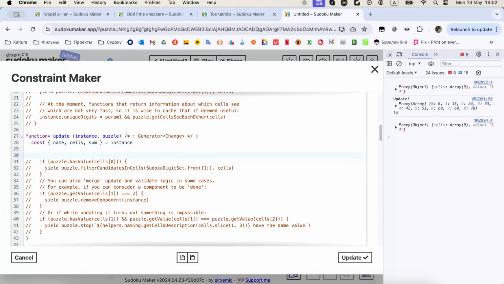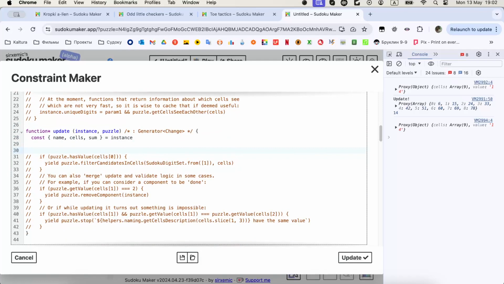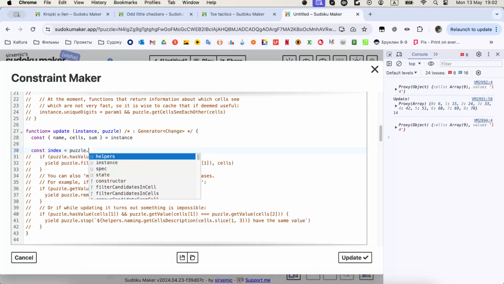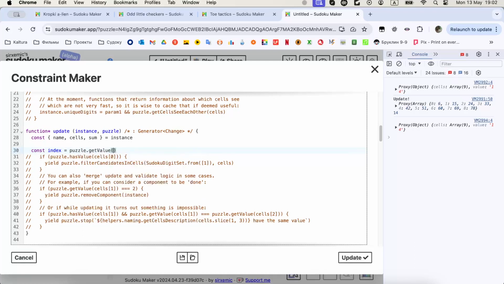So this constraint is a perfect example for component simplification. So let's read the value of the first cell, which is the index cell,